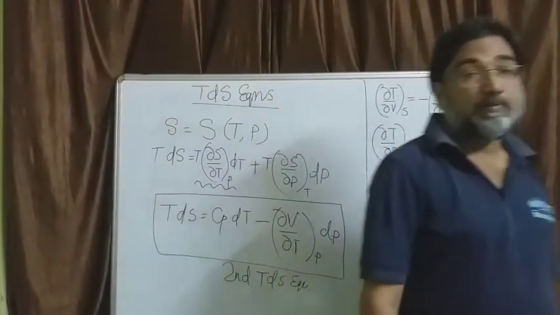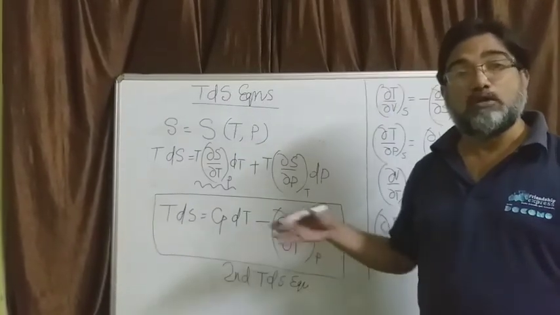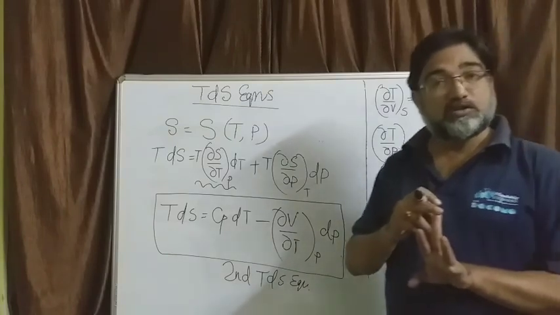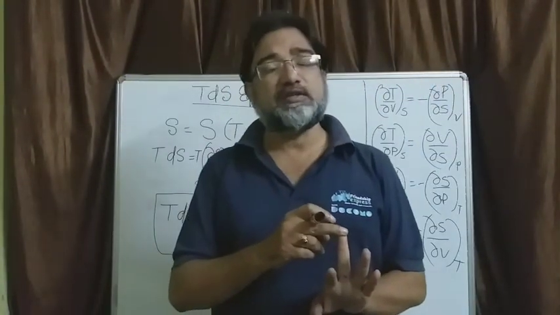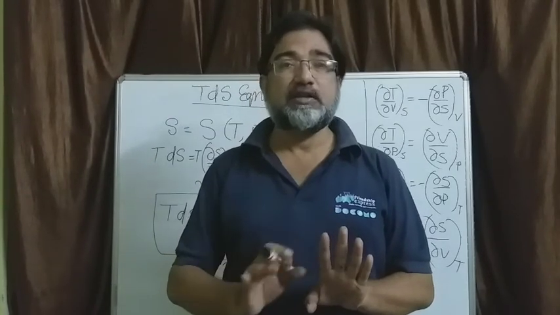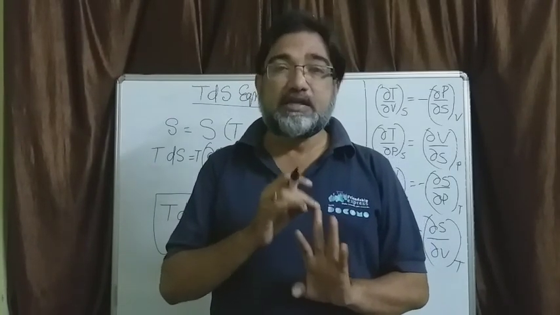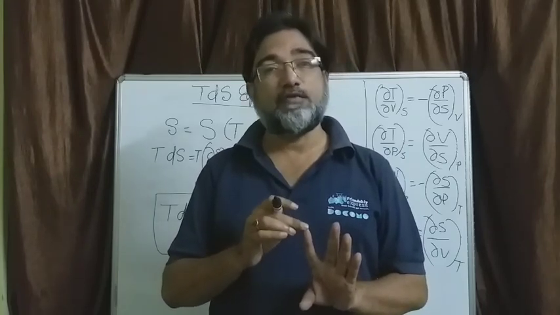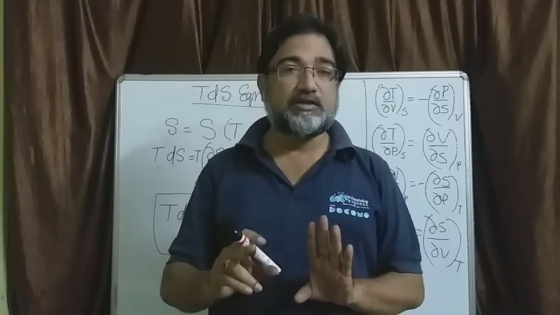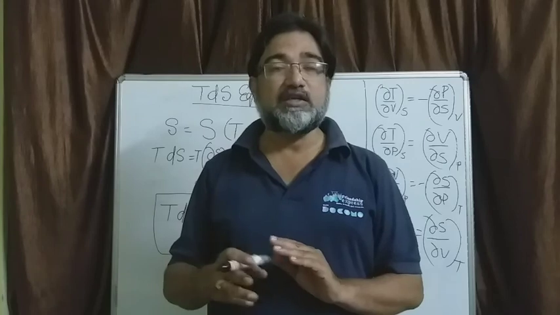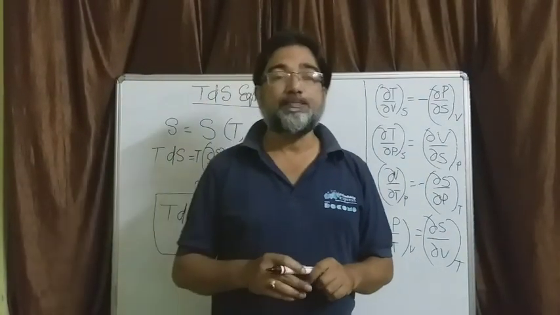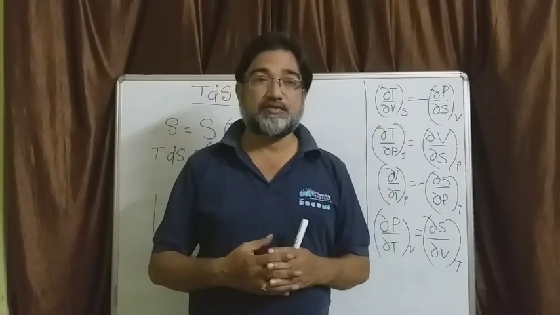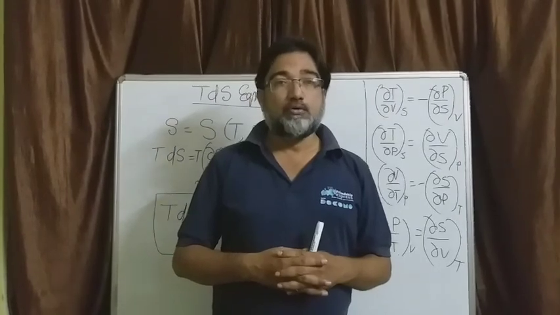Note these things step by step. If you are not able to note now, watch it for the second time and note it down. So today we derived Maxwell equations, which is a set of equations consisting of 4 correlations. Then we derived TDS equations, which is again a set of equations consisting of 2 correlations. The first TDS, second TDS. Similarly, you have a third TDS equation also. Okay, so that we will see in the next class. So this much for today. In the next class, we will move on to some other equations like specific heat equations. Okay. Thank you. This much for today.